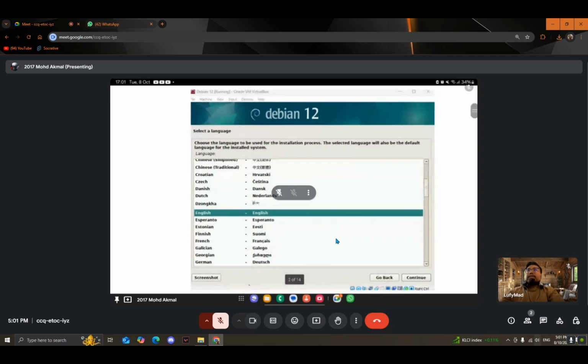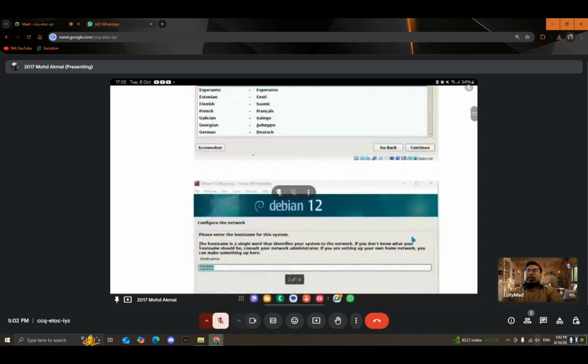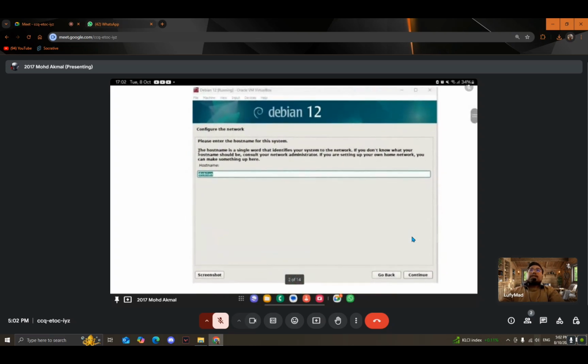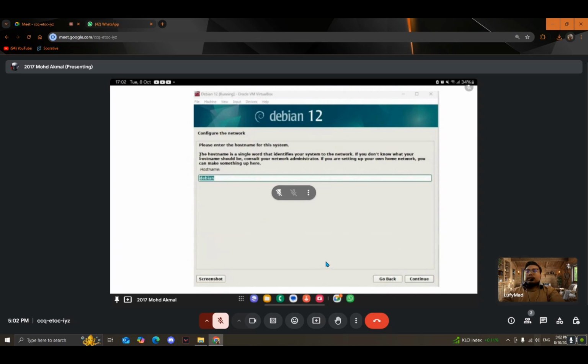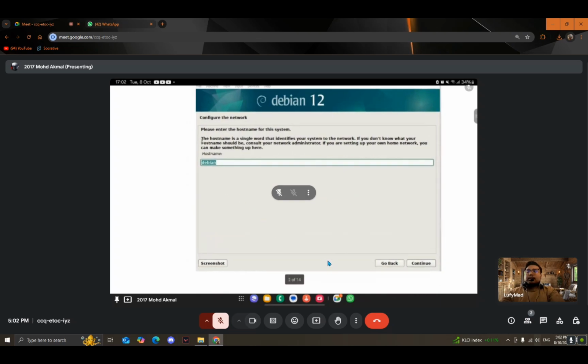So firstly we have to select the language. So here we select the English language to use for the installation process. And after that we configure the network. So we have to configure the network, for the consult your network administrator. So we put the Debian, and then after